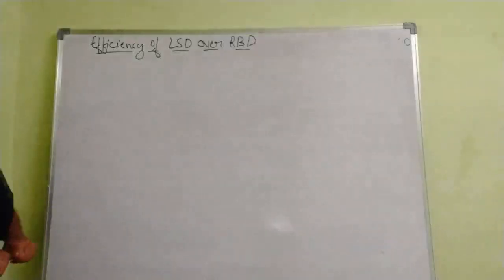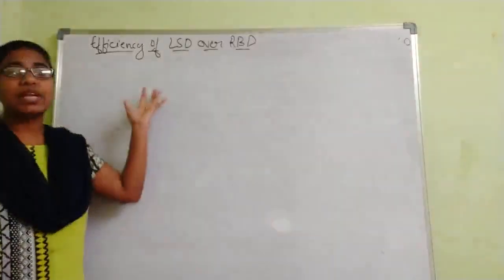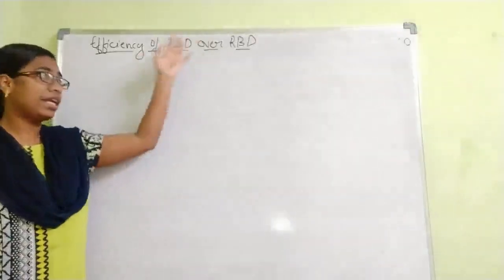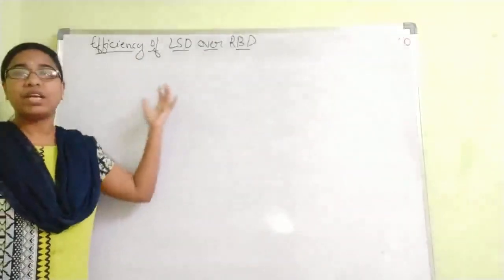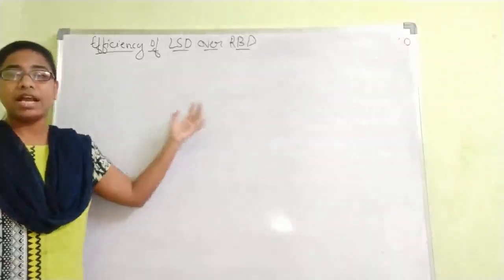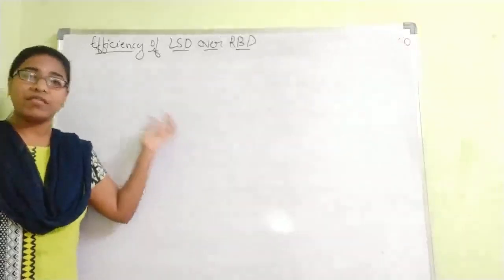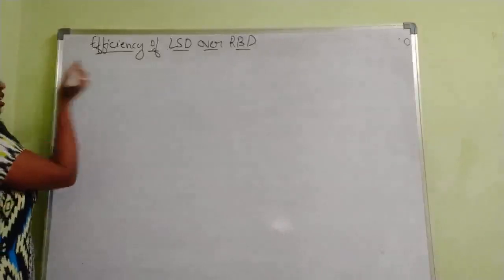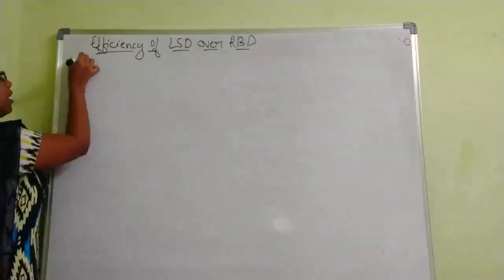For this, the procedure will be the same. First we write the expectations of the various sums of squares in RBD and LSD. Then we equate the total sum of squares and apply expectations. Then we find the efficiency and find the unbiased estimators for some parameters. So first we'll write them for RBD.